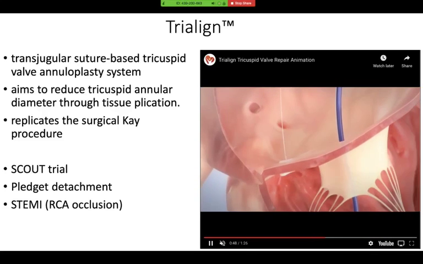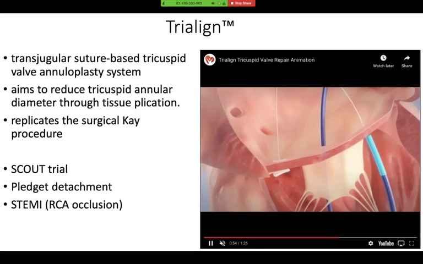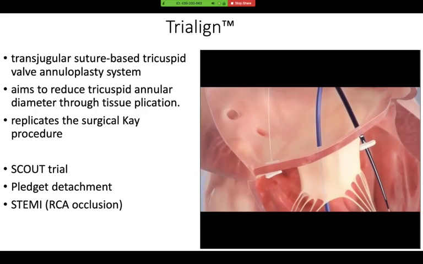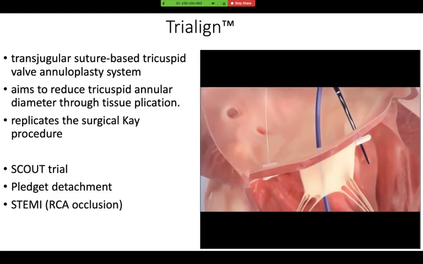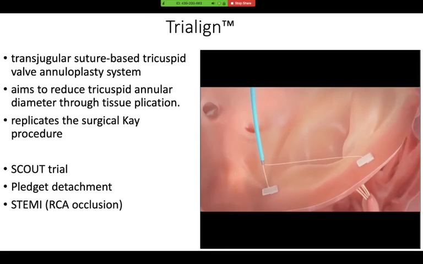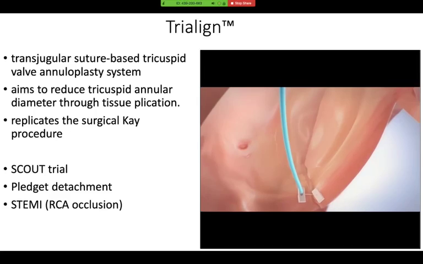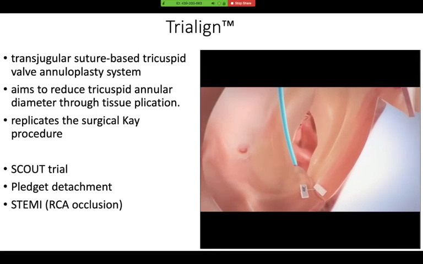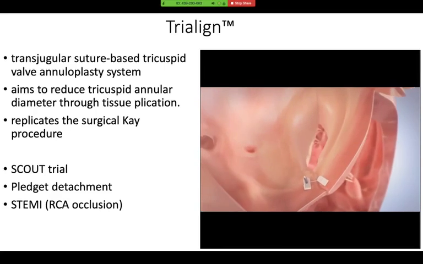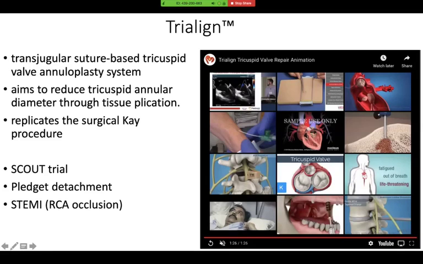Then the pledgets are also placed on the atrial side, and these 2 pledgets are then approximated to reduce the annular dimensions. Just like how we do a surgical Kay procedure, the same technology is used in the Tri-Align system. There you can see the approximation between the 2 pledgets on the atrial side. This basically negates the posterior leaflet, and only the septal and the anterior leaflet are working. The SCOUT trial is a